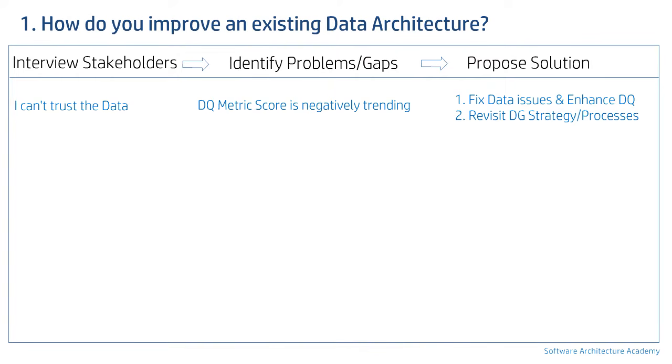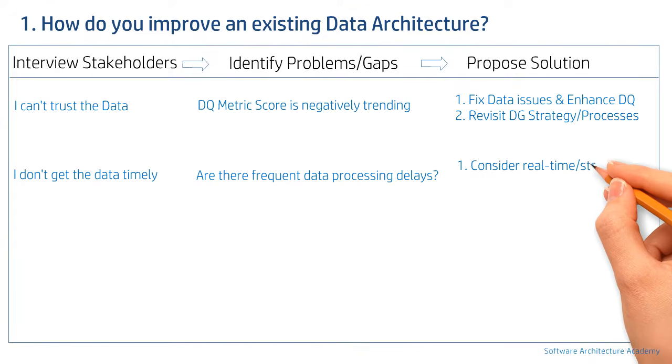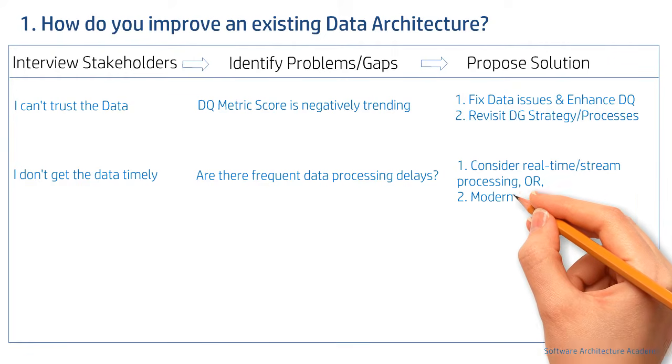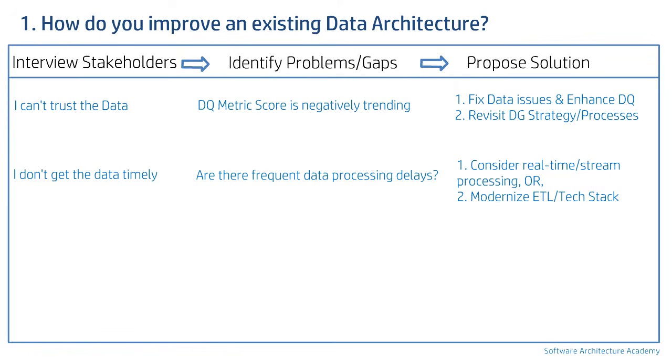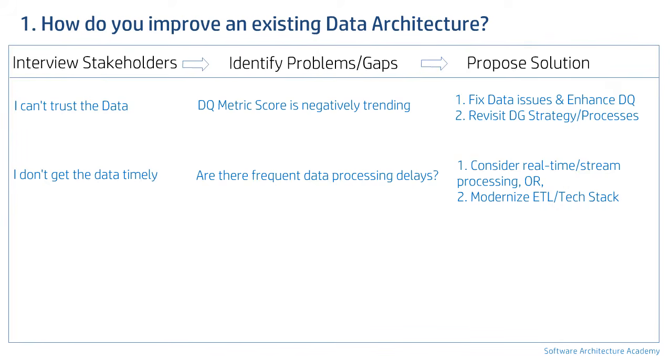Next, if a pain point is that the users or downstream systems don't receive your data in a timely manner, then the system may be dealing with processing delays. Consider real-time processing only if there is a use case fit, or consider modernizing your ETL or technology stack. I came across a scenario with a US-based case management company while evaluating their data architecture, who still had their entire ETL setup via stored procedures, and it was not able to handle the load. Hence, modernizing their ETL stack was a good approach for them.